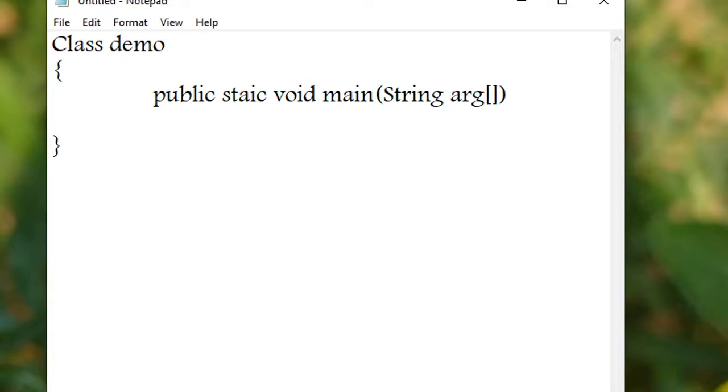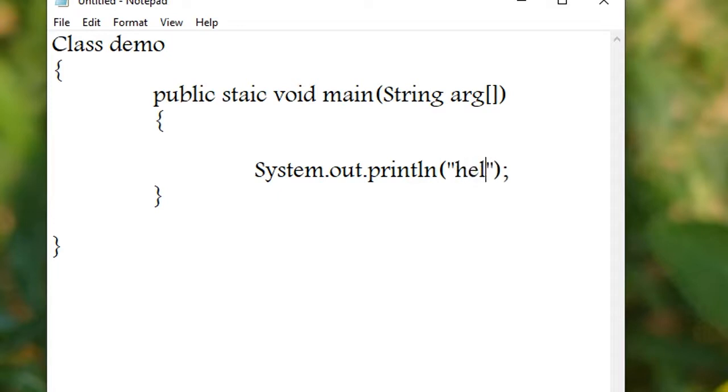It is the convention that a class name inside Java should start with a capital letter. Here I have written the class name String with a small s, and here System is the class. So we have to write capital S System, System.out.println, and here we have to give